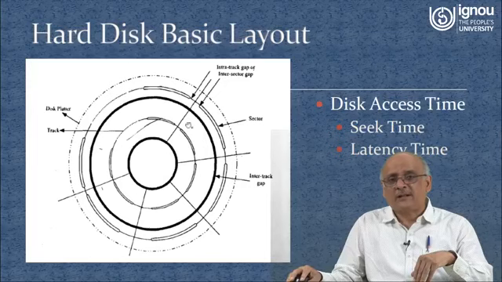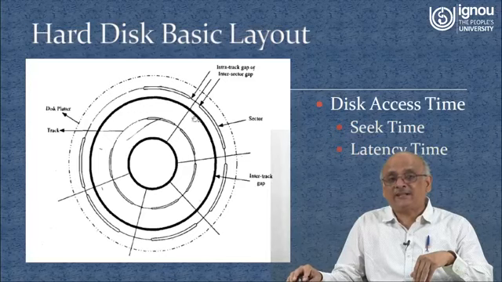So I have sought a particular track, I have done a seek. Now suppose I have referred to this particular sector and my head is here, and the sector has already gone past, suppose it is rotating anti-clockwise. So it has already passed the head. There will be time taken to rotate the disk until it comes back over here and the disk head starts reading that particular sector of mine. So the first time was to seek the necessary track, and then the latency.